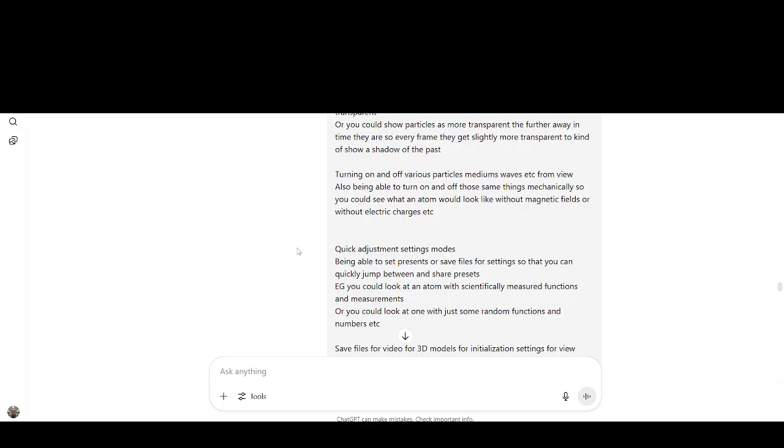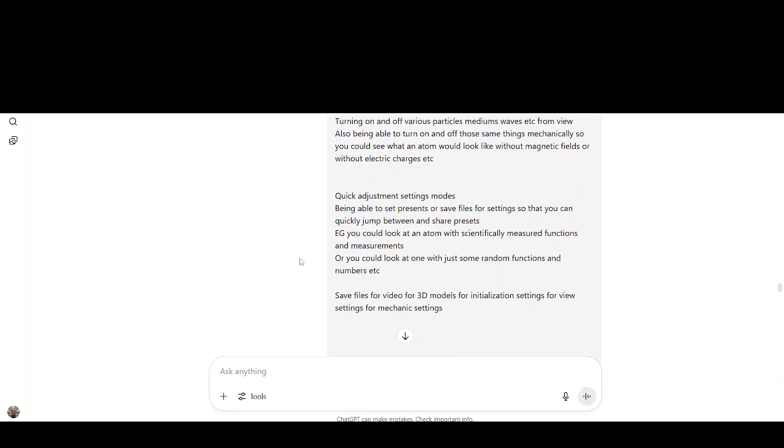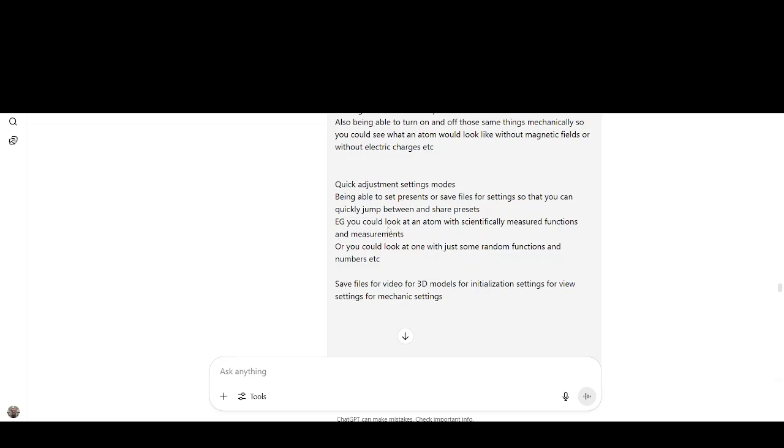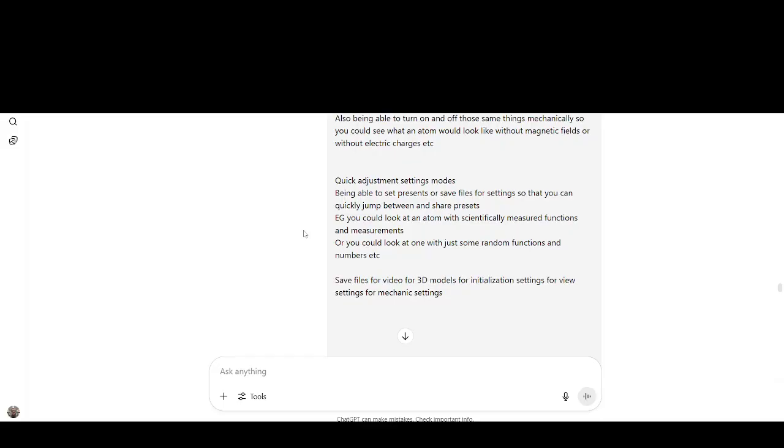Okay, quick adjustment setting modes. Being able to set presets or save files for settings so that you can quickly jump between and share presets. E.g., you could look at an atom with scientifically measured functions and measurements. So you could look at an atom that is accurate to current understandings and measurements of an atom, where an electron has the proper charge and force and mass, and magnetic fields propagate in the